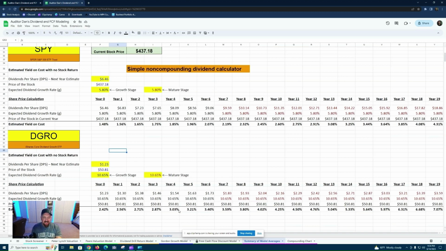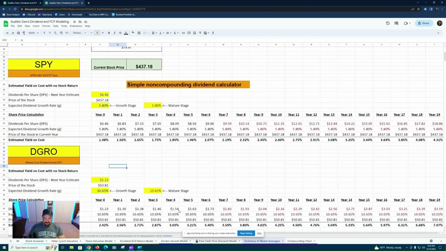So why would you buy this and not SPY? This is a simple non-compounding calculator, which means I'm just projecting if you bought a share of each and you're not reinvesting the dividend. This is literally just you bought a share of each one. So you can see the difference